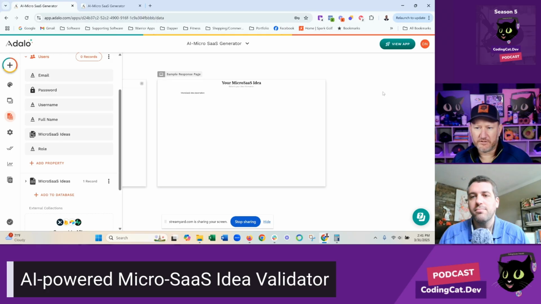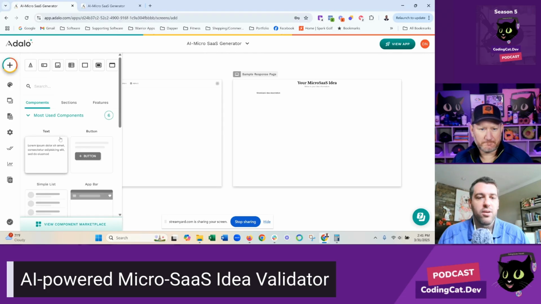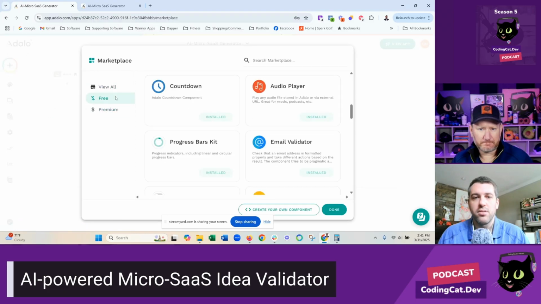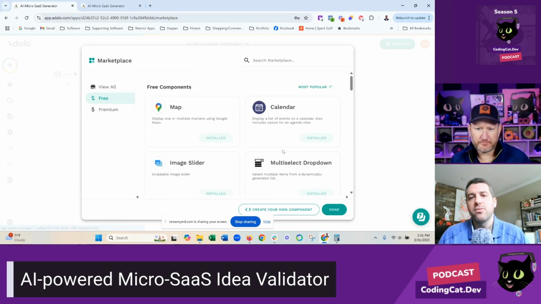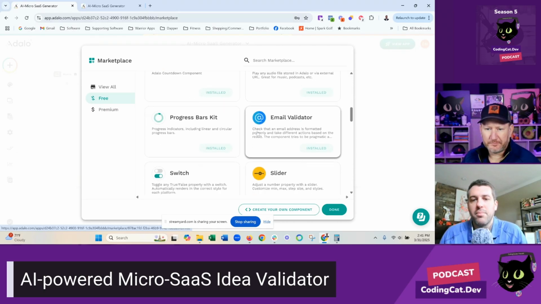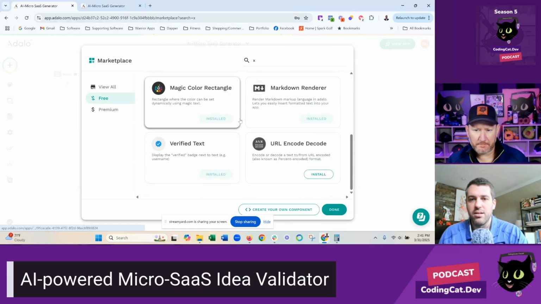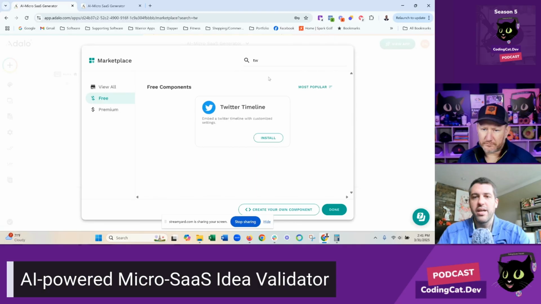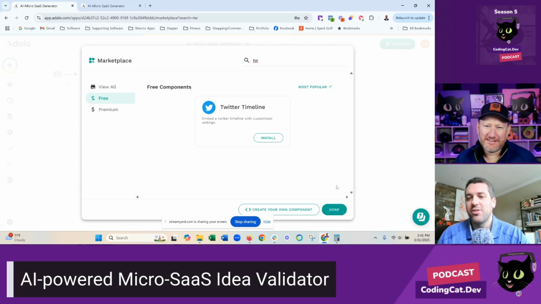Nice. Have you done any social IDP logins like Google or Facebook? Yeah, like I mentioned, a couple of the free ones you can add are Apple sign in and Google sign in. Cool. I haven't messed around with the Facebook sign in or TikTok or X or anything like that. Sure. But I think you can embed a Twitter timeline with customized settings. That's not really a login, but it will protect it, like, hey, log in first before you can see this feed. So you can embed all that stuff.